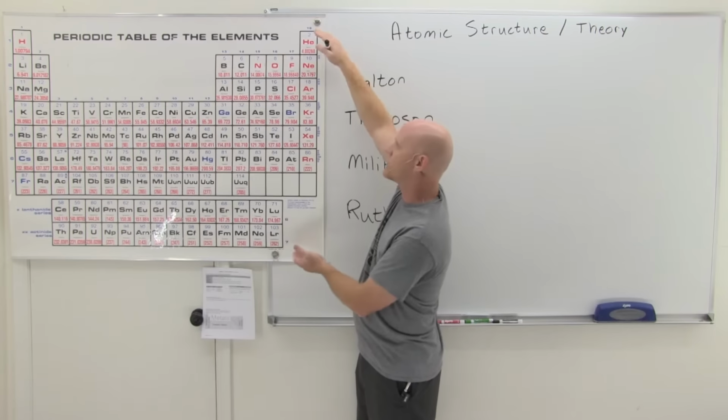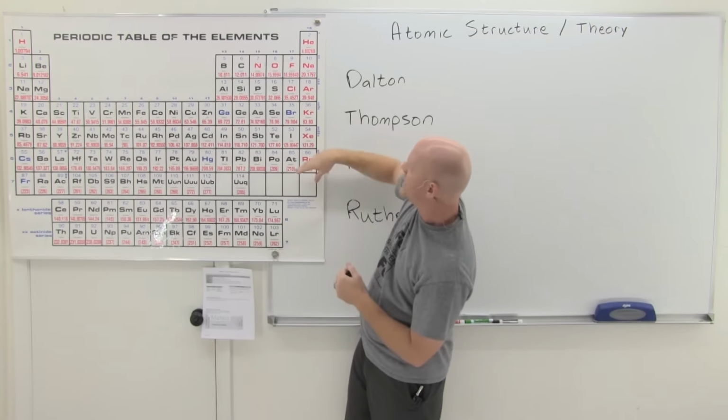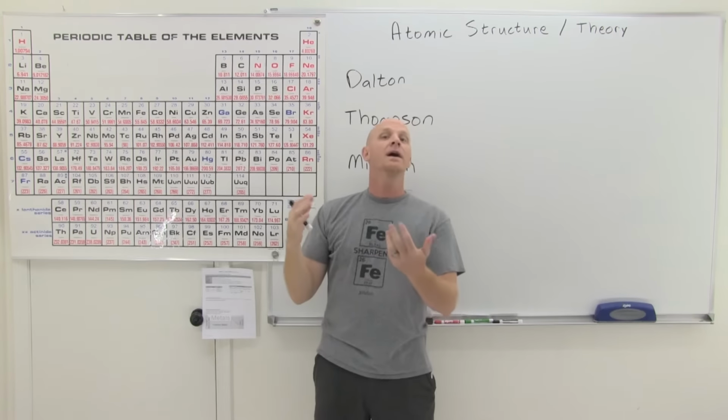a little bit of a cursory look at the periodic table and how we divide up some of the elements, and how we look at the columns as groups and the rows as periods and why it's called the periodic